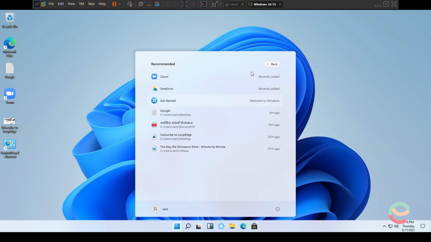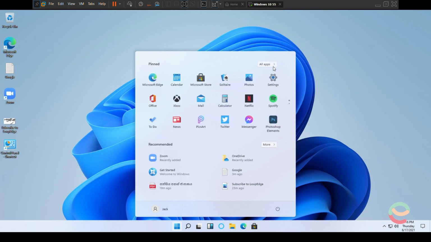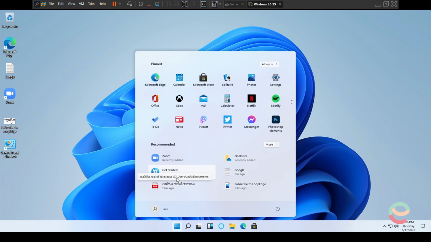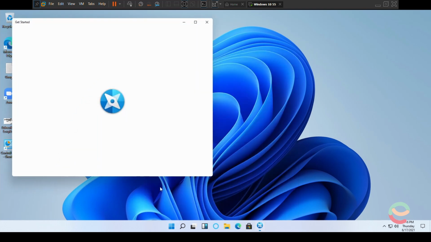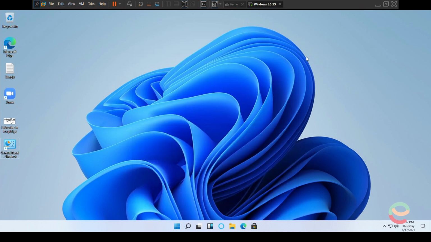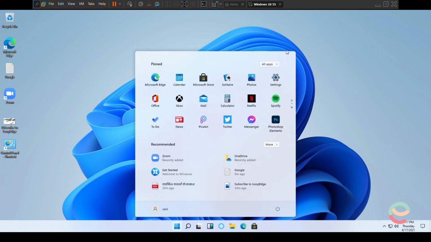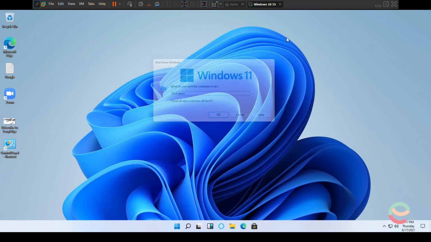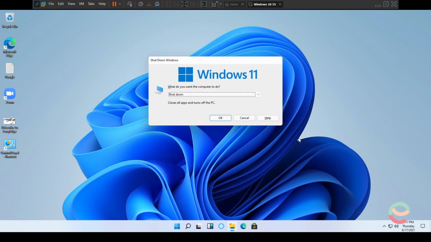Right here, we got the recommendation section, which basically shows the recent ones and old ones and other stuff. And also, there's an option called Welcome to Windows, and when you click on it, it basically has new tips for Windows. I don't like that at all. Okay, right here we have the power button on the Windows menu. And when you press Alt F4, that's the way you close it down without any magic.